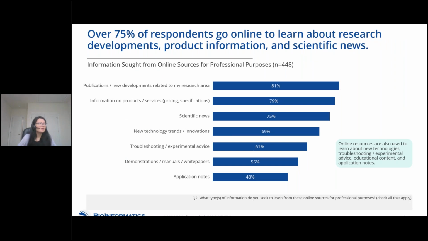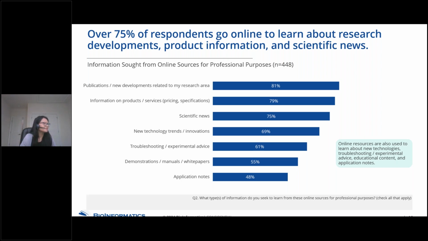So what are your customers looking for? Over 75% of respondents indicate that they go online to learn about research developments, product information, and scientific news. In addition, new technology trends and innovation, troubleshooting, experimental advice, demonstrations, manuals, and white papers are also used by over 50% of customers.